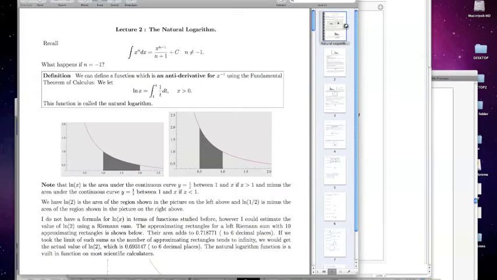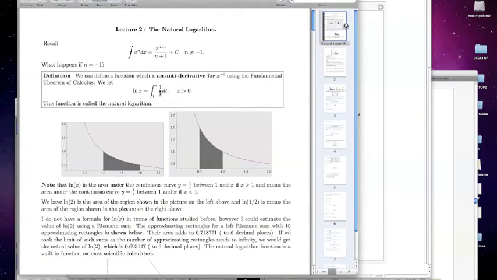From Calculus 1, we have a formula for the antiderivative of x to the n. Namely, its antiderivative is x to the n plus 1 over n plus 1, except in the case when n is minus 1. In other words, when x to the n is 1 over x. The fundamental theorem of calculus allows us to create an antiderivative for this function, x inverse,